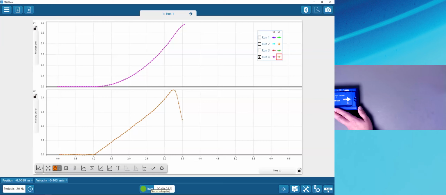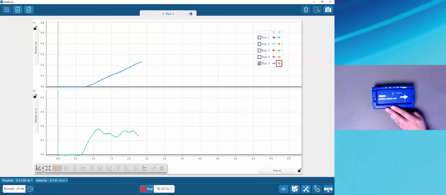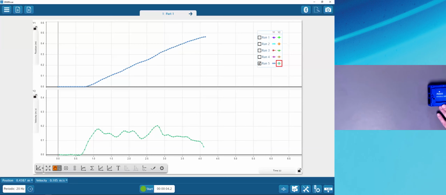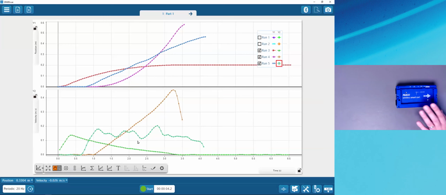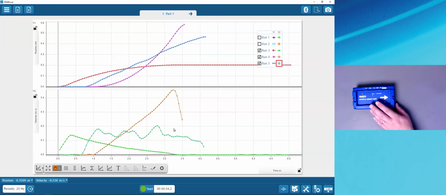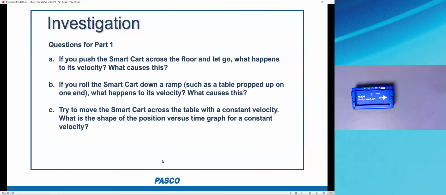So this time it's me trying to push the cart at constant velocity, so I'll press start. And it's a bit of a challenge, but I tried to go fairly constant here. And if we look and compare to the prior ones, we can see that I somewhat achieved it, but it didn't decrease consistently or increase consistently when I tried to push it at constant velocity. There's one more challenge here, and that is